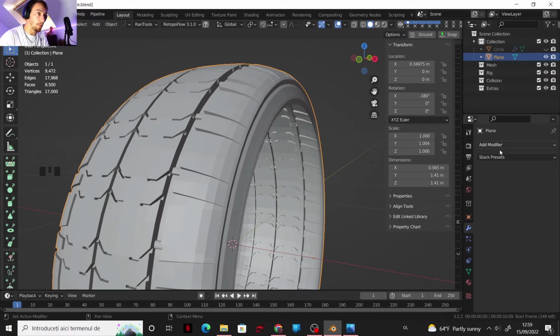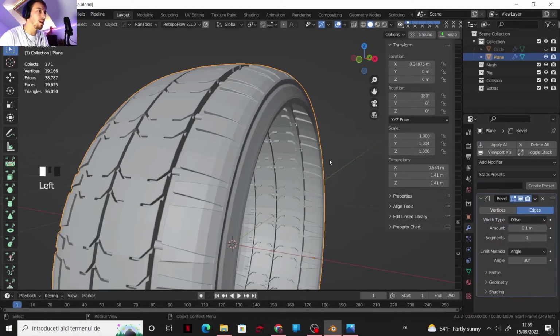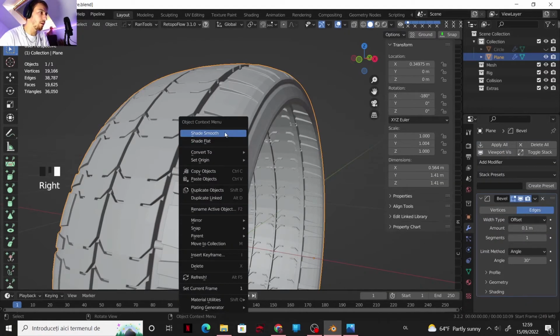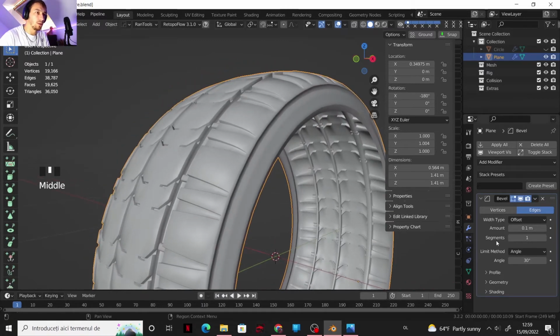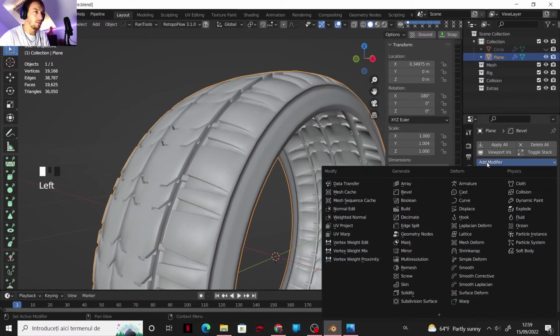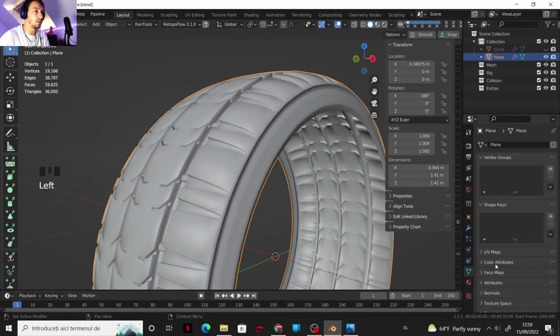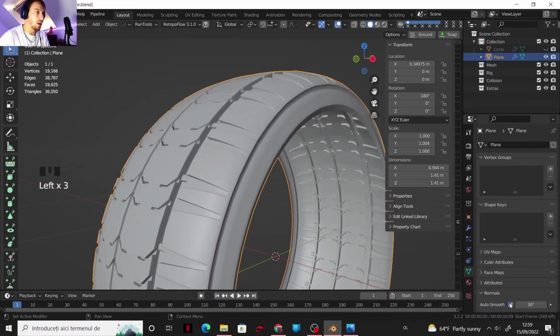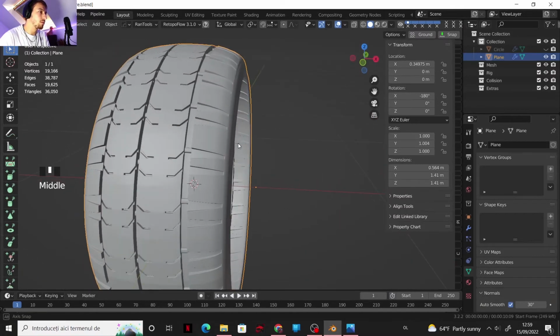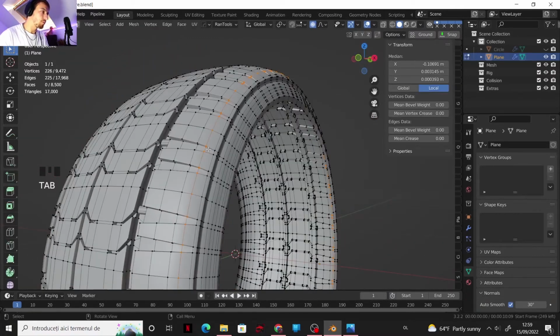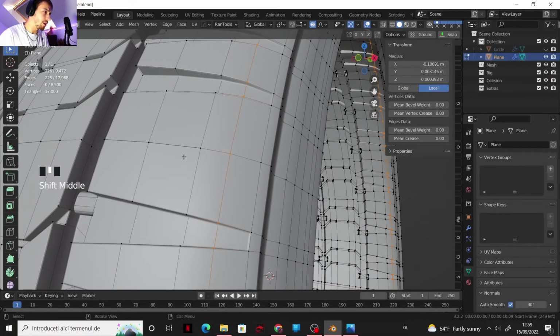Now, if I look into the statistics, let's see, we have 8,500 faces. That's pretty good. Let's bevel, so we can have a better look. And I guess if I put a weighted normal modifier and enable auto smooth, it's looking a lot better. But we have here,